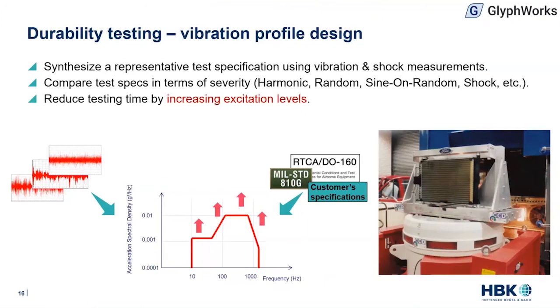Now, what's that relationship? Is that a linear relationship between GRMS and test time? I'll give you a hint. It's not. We need to take into account damage and fatigue failure modes in an SN curve and such. So ENCODE allows us to do this. We can look at how increasing excitation levels increases the damage accumulation rate, and in turn reduces the required